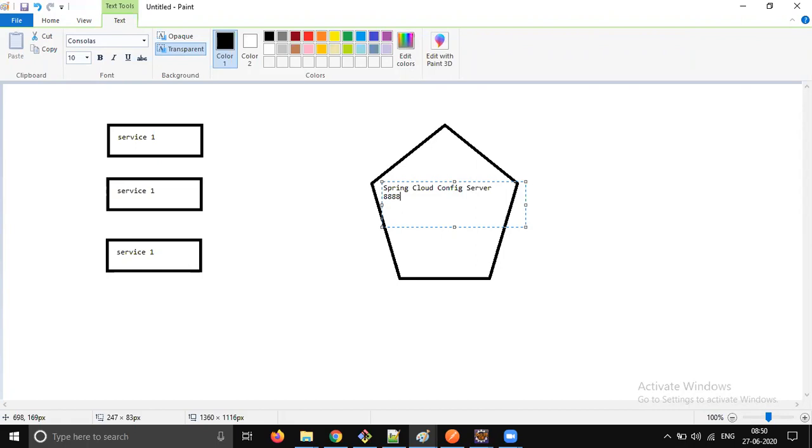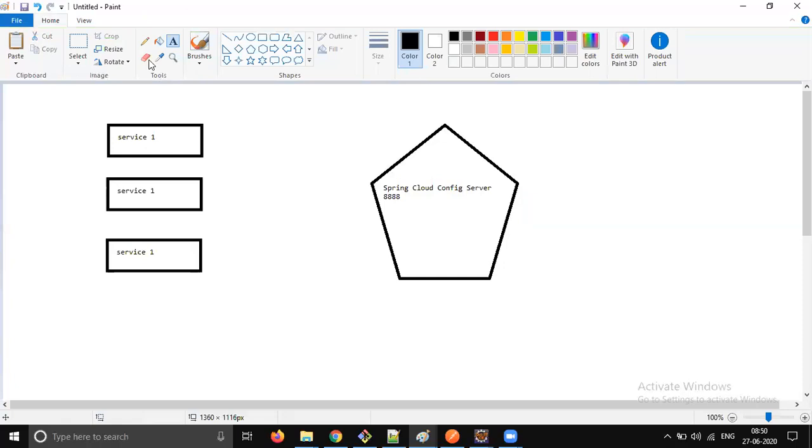All these services are going to be connected to this Spring Cloud Config Server, and we no need to restart any applications. They will be reading dynamically, and we can even update the values on the fly. That is the benefit we get when we use Spring Cloud Config Server.